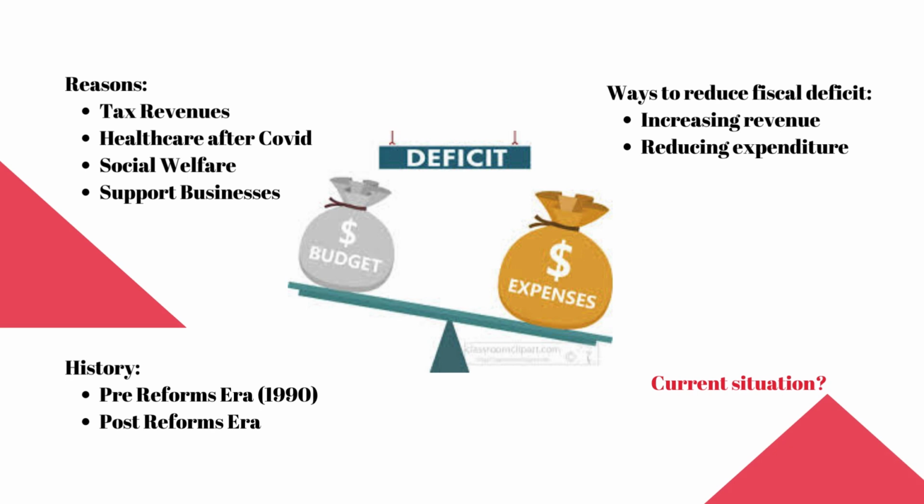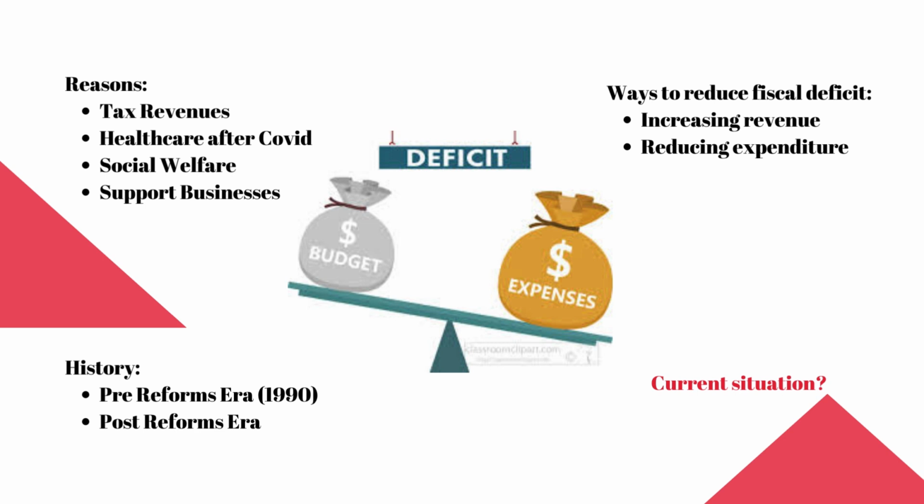The government grappled with a widening fiscal deficit due to reduced tax revenues and increased expenditure on healthcare, especially during and after the coronavirus pandemic. Other reasons were social welfare and the economic stimulus measures that were given to support the businesses and individuals affected